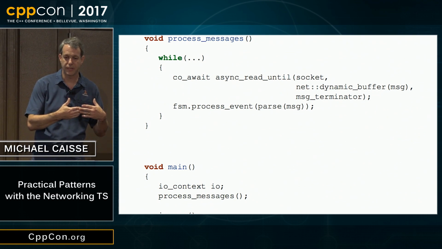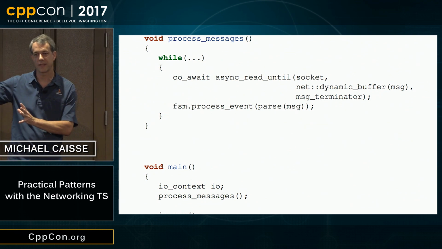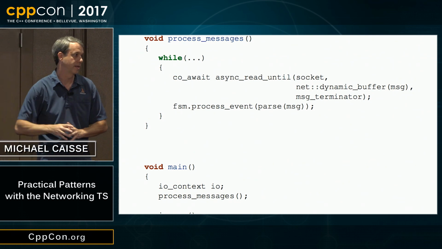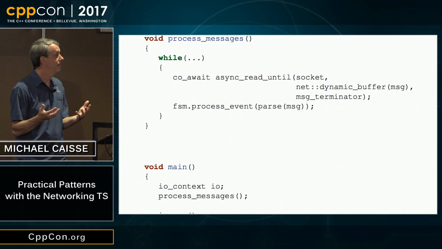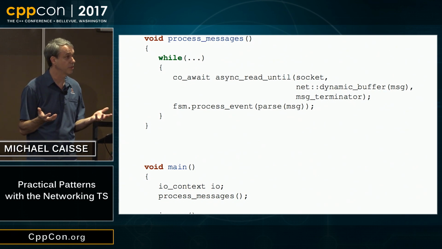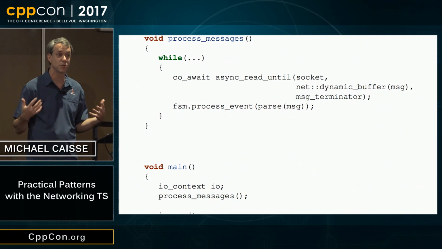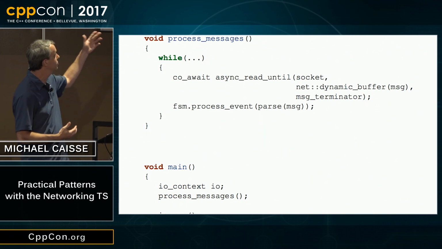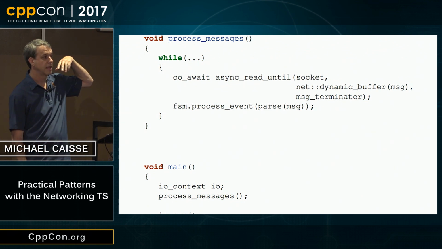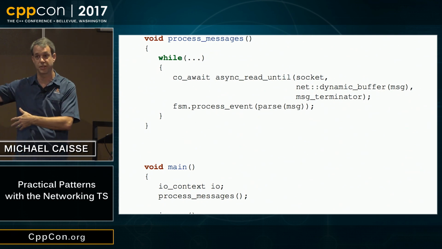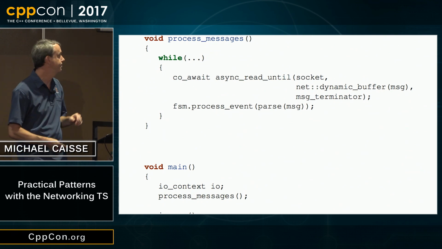With the coroutine, it's all running still inside of that run thread. And as a result, it looks serialized. It looks like this nice procedural code, but it's still, in essence, doing my event handling for me. So I can have this small little event loop in which I'm processing events, and I'm passing them off to the state machine that's going to actually figure out what to do with it.